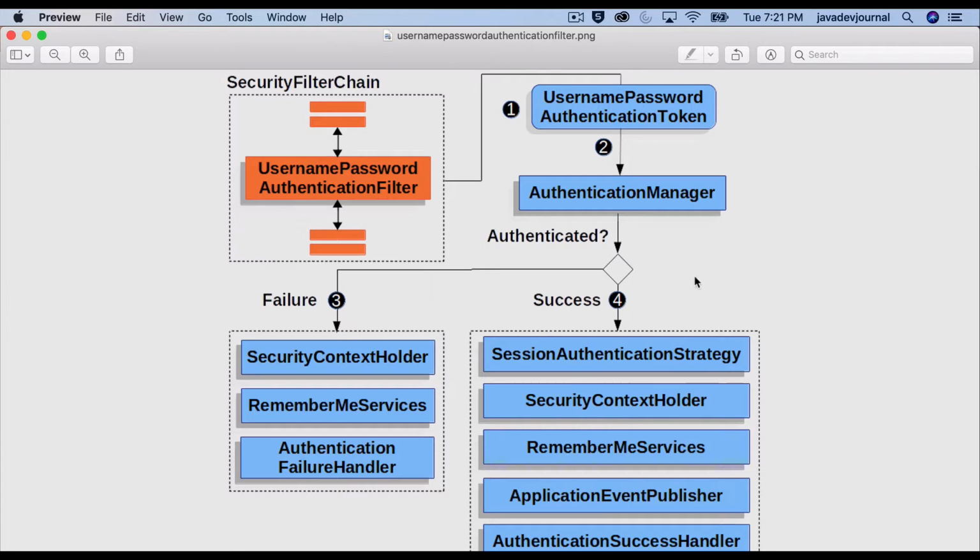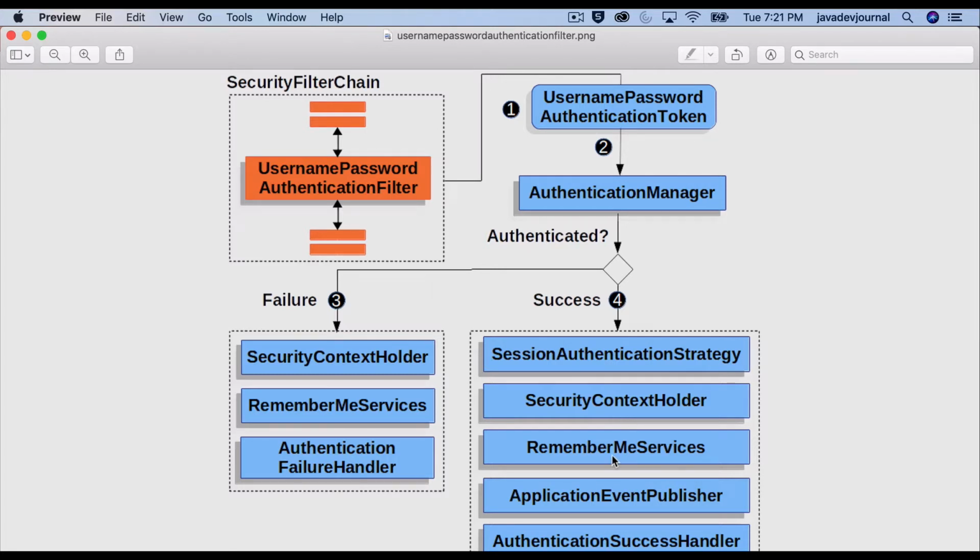For example, if it's successful, the session authentication strategy is going to create a new session for you, assign a session for you and store certain things into the session. The security context holder is the centralized location where all the authenticated objects are stored. That's the final destination for your authentication object, right? So it will fill the Spring Security context.